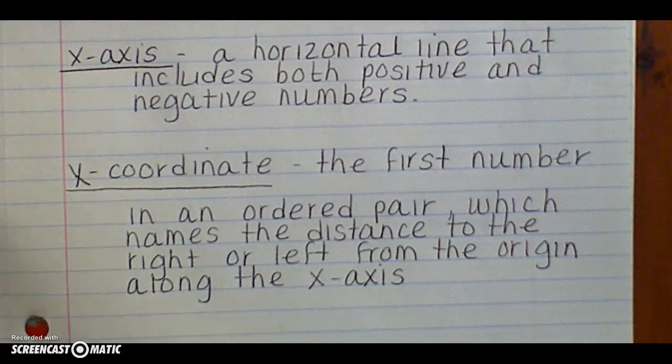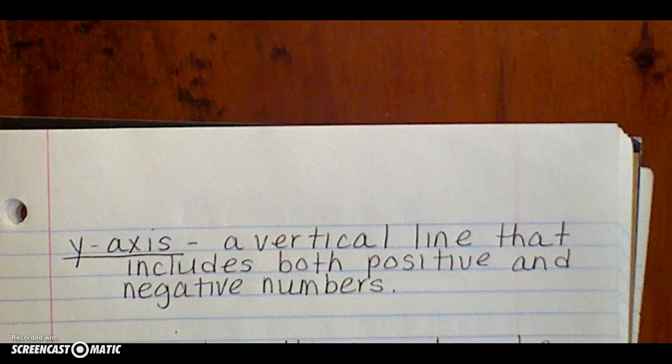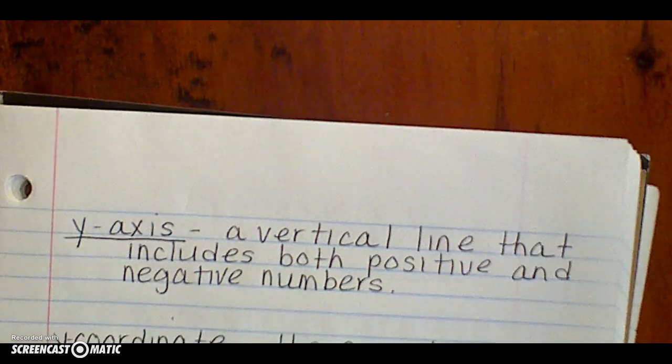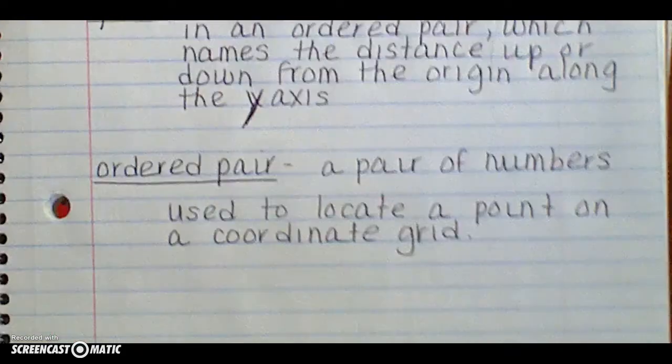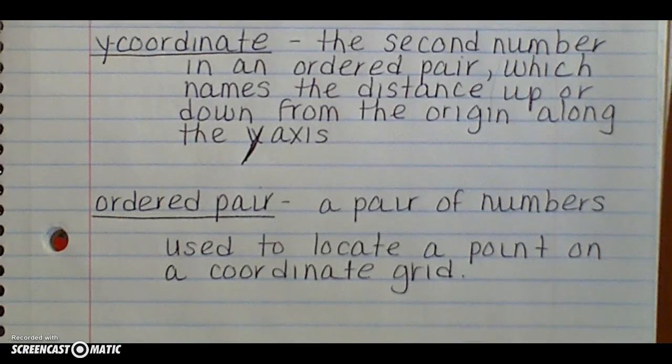X-coordinate, the first number in an ordered pair which names the distance to the right or left from the origin along the x-axis. The y-axis, a vertical line that includes both positive and negative numbers. The y-coordinate, the second number in an ordered pair, which names the distance up or down from the origin along